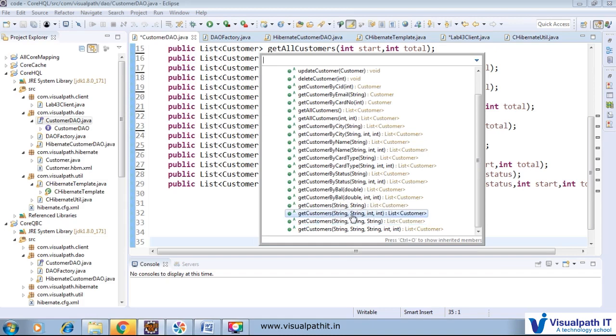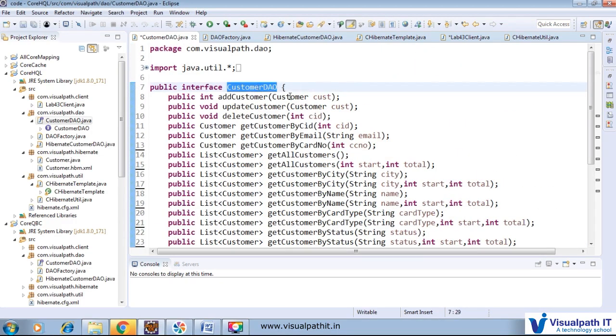Here, get customer will pass two different types, string and int, according to which the different methods are responsible for fetching the data in different ways. Actually, why am I writing that many methods? Because we can utilize as many queries as we want in our application. So first, just try to write